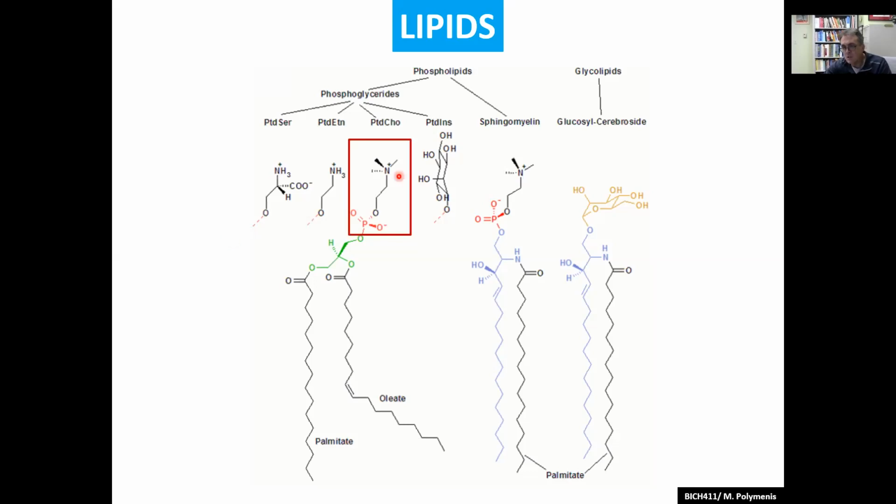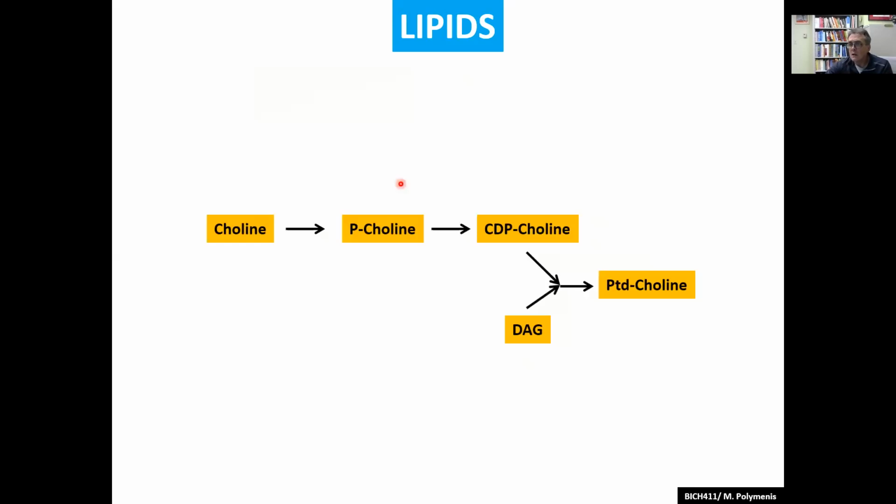Phosphatidylcholine, as I mentioned, is very abundant and it's methylated. It's a major methyl sink. Choline is a major methyl sink in cells. How do you make it? Again, you phosphorylate like we saw with phosphatidylethanolamine. You start there with ethanolamine, phosphatidylethanolamine, and then you bring the CTP again and you nucleotidylate choline so it can be added to diacylglycerol and make phosphatidylcholine. Right? So it's the same idea again, the same principle.